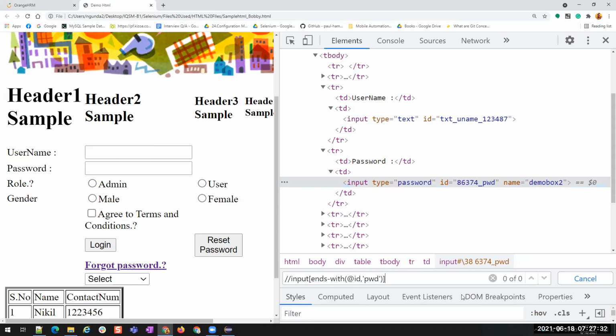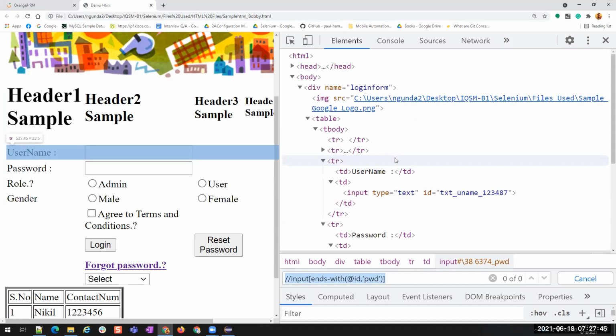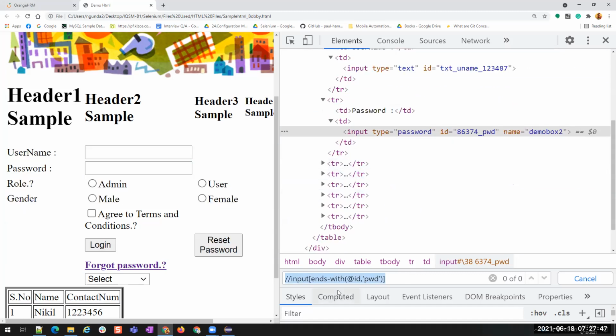All right, we have this method in XPath, but like all other applications, XPath also has versions: version 1, 2, and 3. We will never know what XPath version they used, but if we are using an XPath version less than 2, then ends-with will not work, because the ends-with method was added in XPath versions greater than 2.